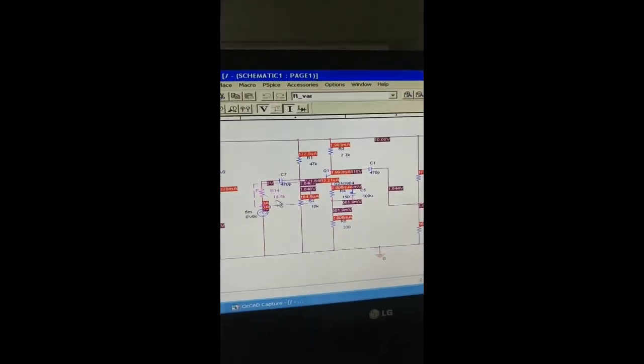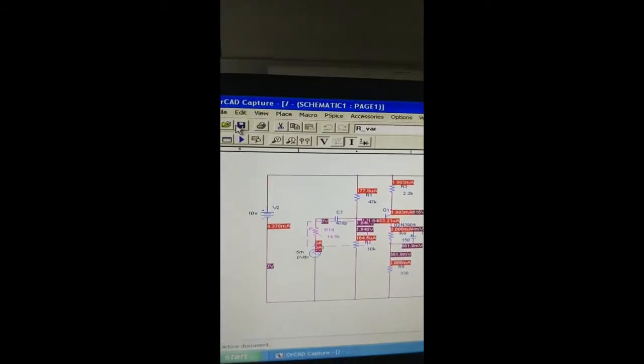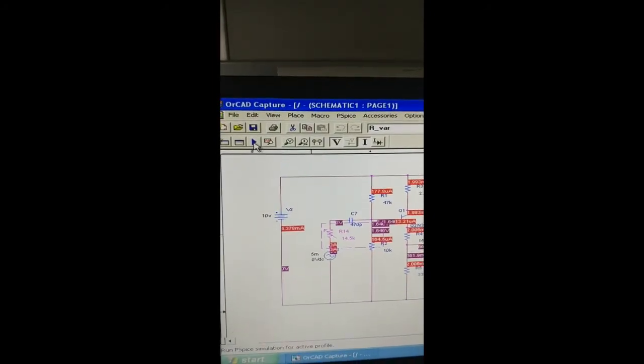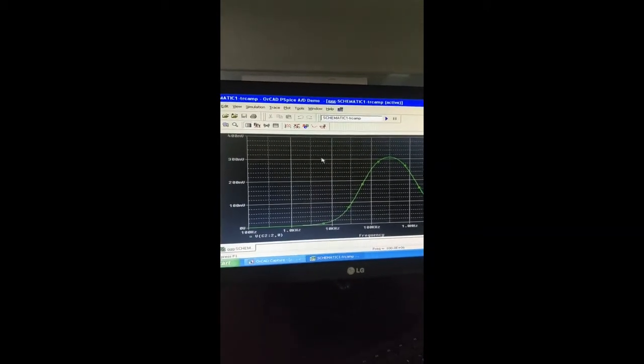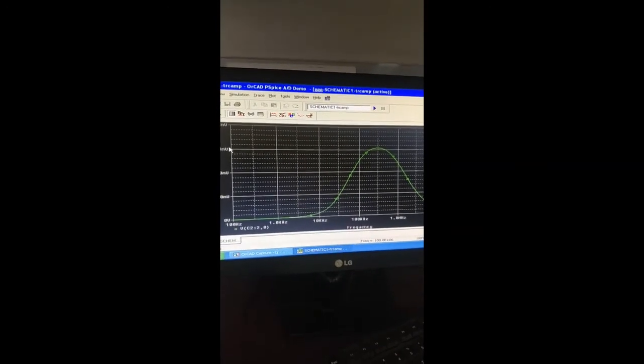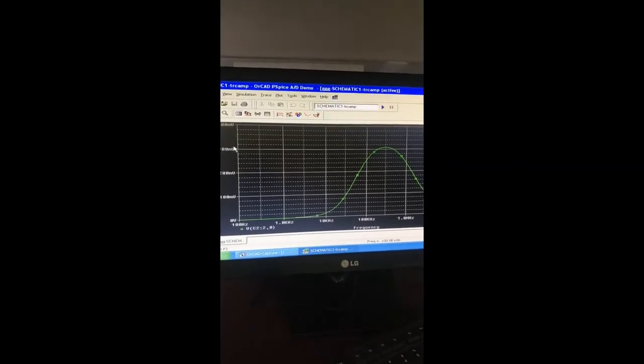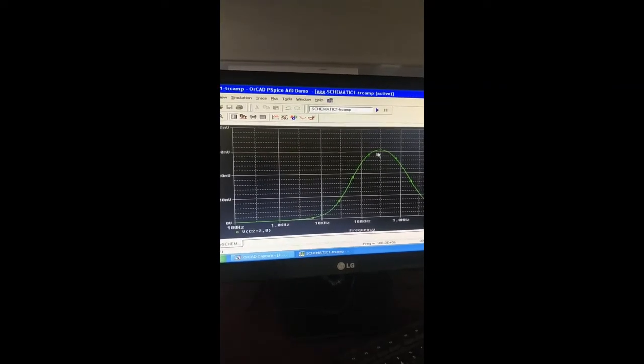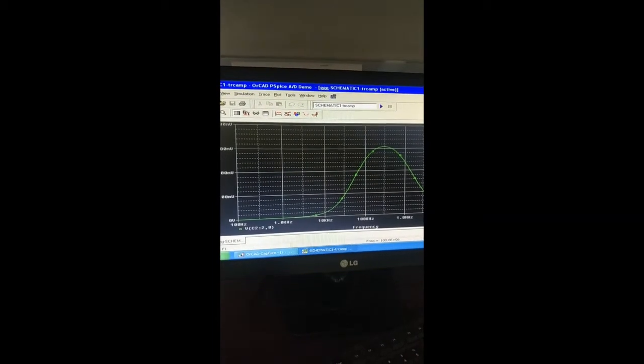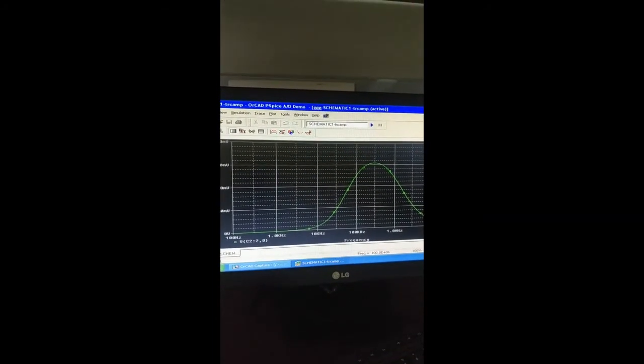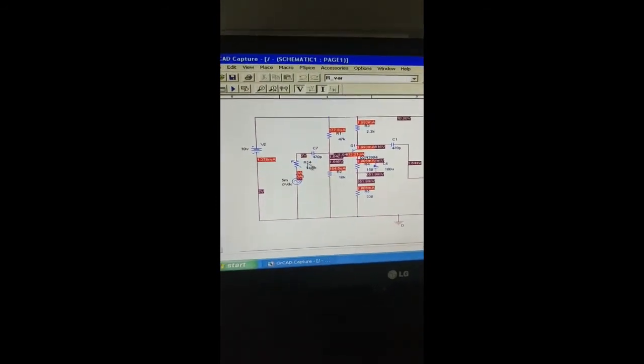Okay, just close it. So you see the value is changed to 14.5K. Save and run. Now you see that the peak of the output voltage is close to 310 millivolts. So this value of input resistance, 14.5K, for which the output voltage reduces to half of its maximum value, gives you the value of input impedance. Let us close it. And this is your input impedance. You can make a note of it, 14.5K.